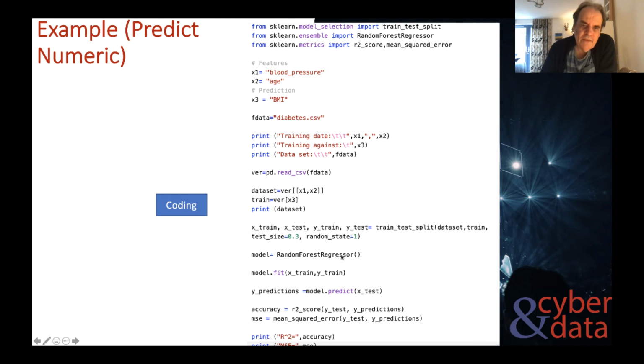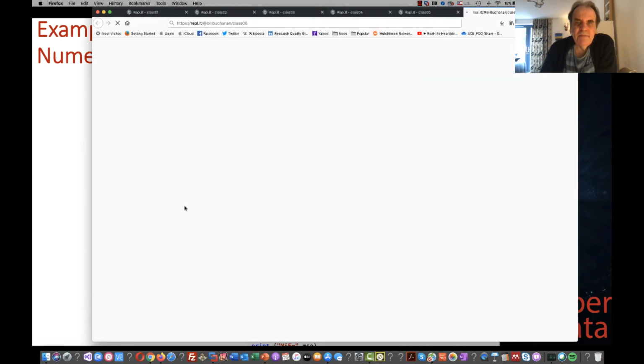Next, we'll define our model. We'll fit the model on our training data, and then we'll make some predictions based on the test data, and then we'll compare the predictions with the Y test data to see the difference. Because we use numeric, we'll use an R-squared score and a mean squared error to get the results. So let's give that a try.